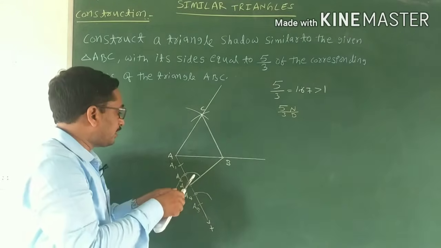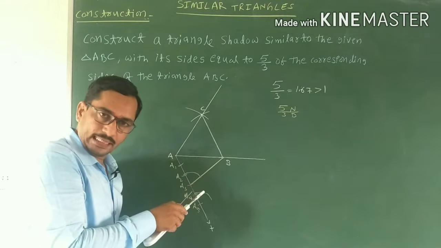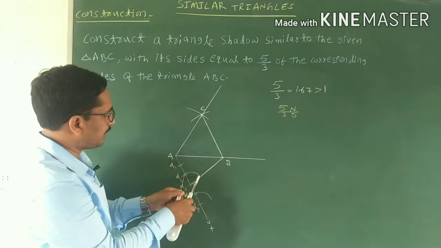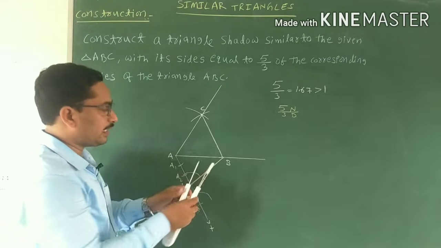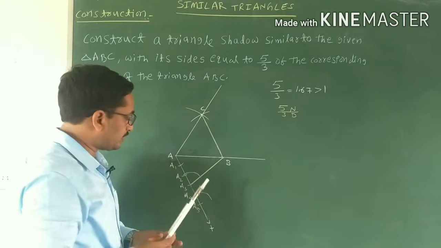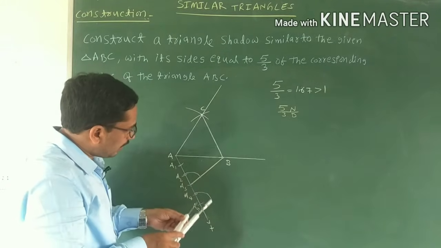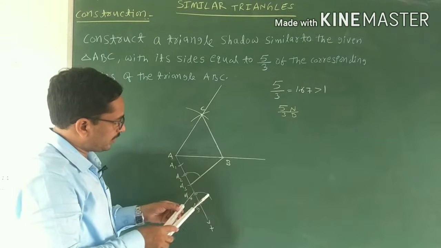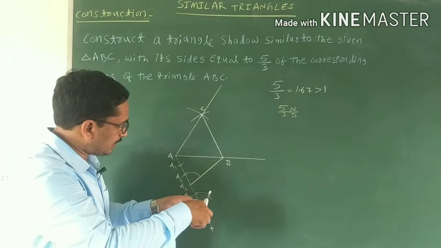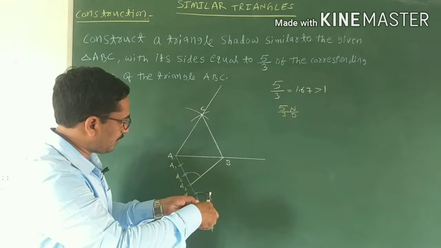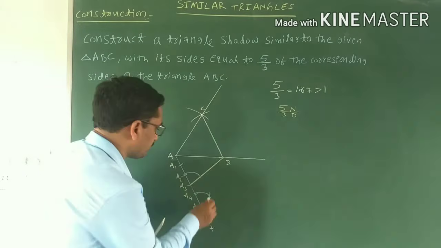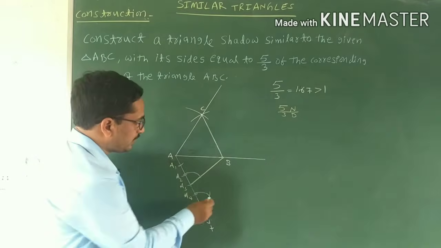Next, take the length of the arc drawn from A3. See, I am taking the length of the arc like this. So this is the length of the arc which is drawn from A3. Next, intersect this length of the arc with the arc drawn from A5. Here, take the center which is A5 and intersect the previous arc drawn from A5. So like this, intersect. Now locate the point of intersection.